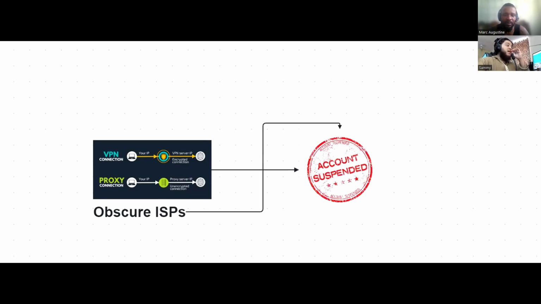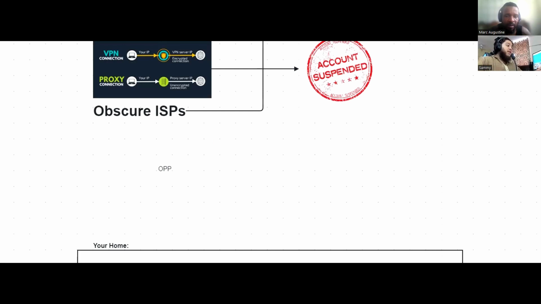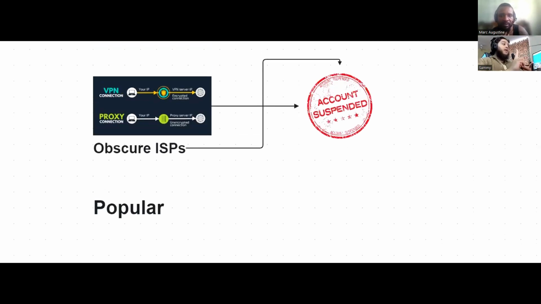The reason why is that you must have an ISP, an internet service provider, whose IP address is very popular. The name of the game is popular. Everything has to be very well known. It cannot be anything obscure. Any VPN, you have to understand, all of them are using data center IPs, or even if they're using a popular ISP service.